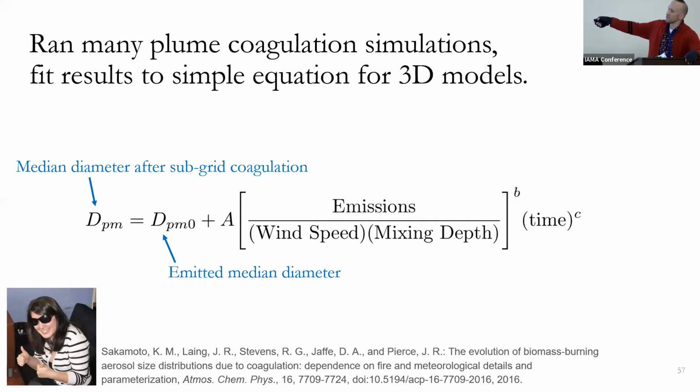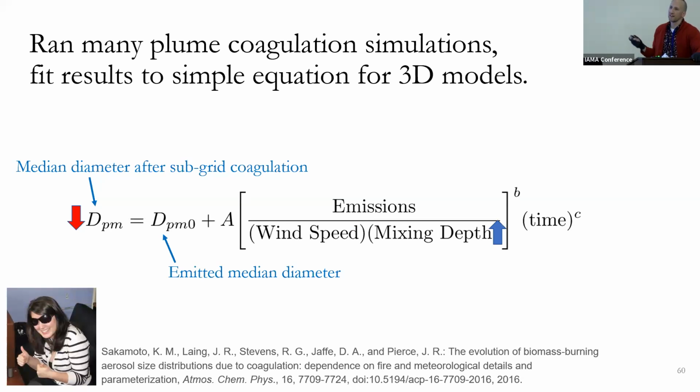And these 3 factors can come in from 3D models. So we have total emission rate. As this goes up, this B is a positive parameter, so emissions go up, the size of your median diameter goes up. This emission is like kilograms per second. It could either come from a larger fire or a higher emission flux, but either way, it's going to increase the coagulation and increase the diameter. If you increase your wind speed, that means the air passes over the fire for less time, with lower concentrations. And so for our final diameter, we'd expect less coagulation, and this lowers it. And then mixing depth is just another form of dilution, and this is again going to decrease your final diameter.